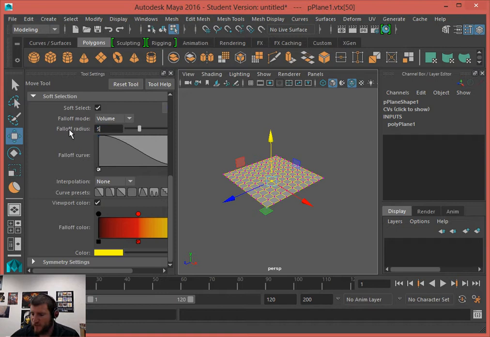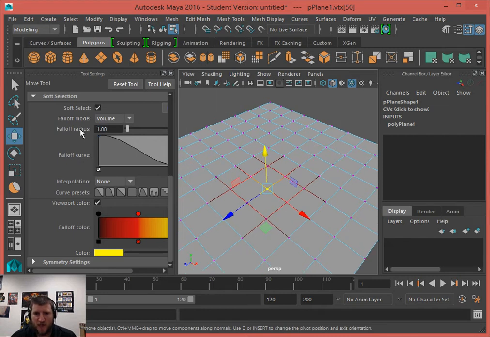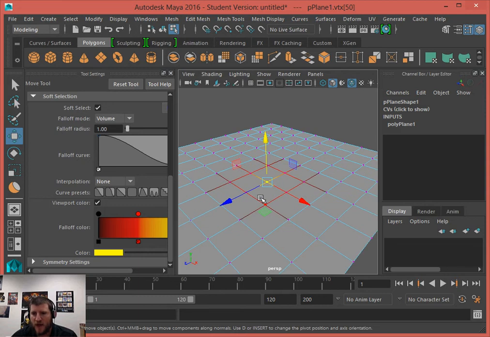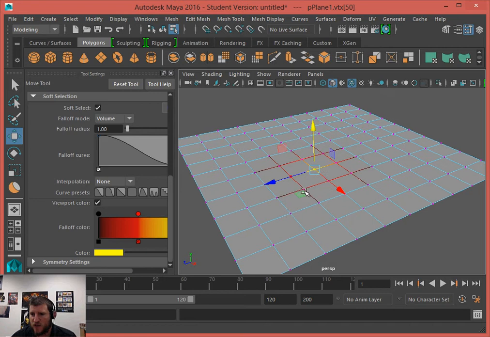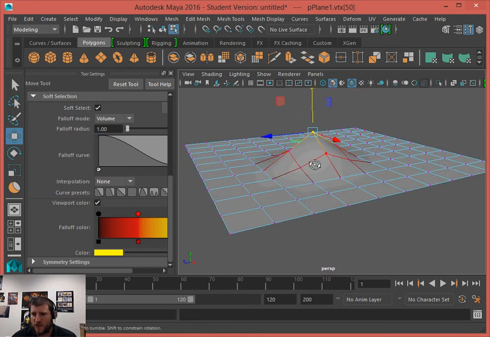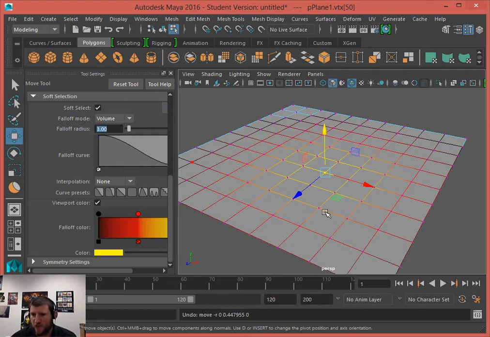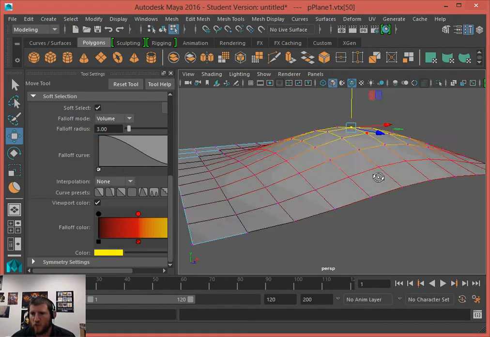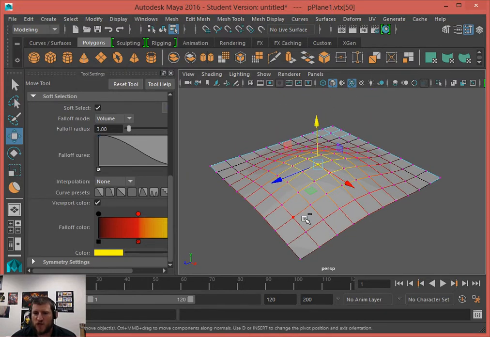By default, I think the value is maybe 1. It might be 5, but whatever the value is for the falloff radius, I want you to set it to 1. And when it's 1, I'm going to close this so you have a little bit more visibility. When it's 1, you'll notice you can move it, and now all of a sudden it's moving the vertexes around it, but it kind of just creates a really contoured shape. Now if I turn this up and I set it to 3, you'll notice it moves even more, and you get even more of a convex, concave shape, which is really what we want for this project.